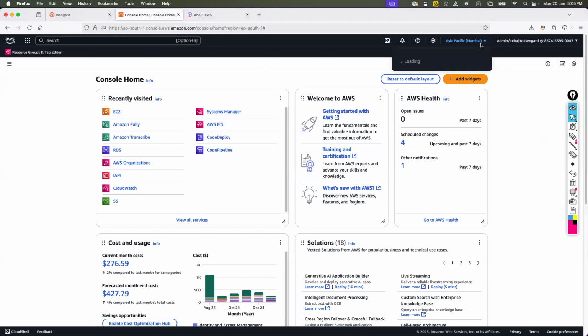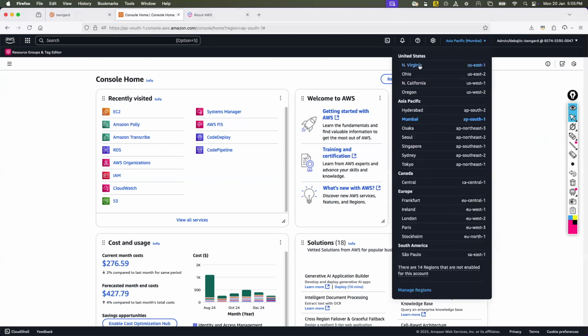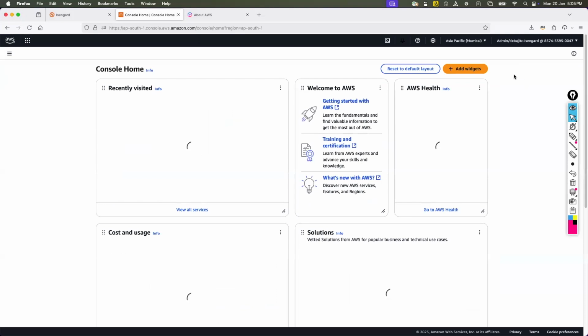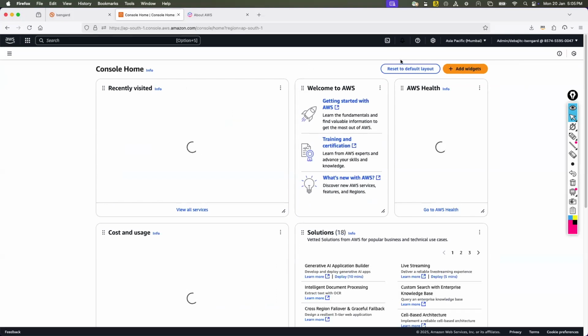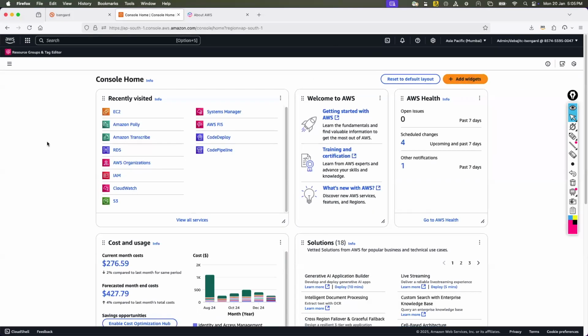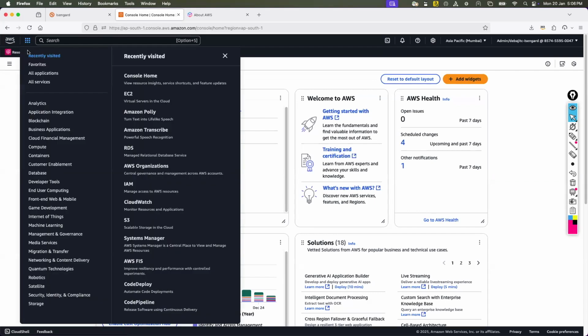And if I go to this section, you see all of the regions are listed here, as I said, like North Virginia, Ohio, North Carolina. There are many, right? There's a category under United States with many regions, under Asia Pacific many regions, Canada, Europe, and so on. Now I'm from India, so I could use Mumbai. I just selected Mumbai, and it will take me to the Mumbai region altogether. All of the services you can see here.